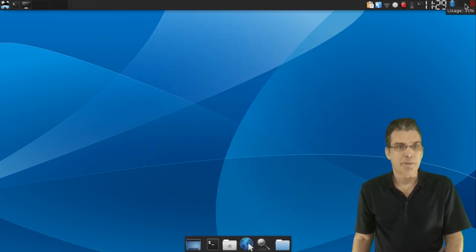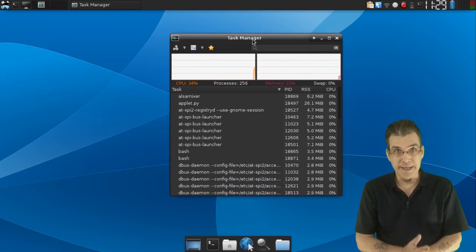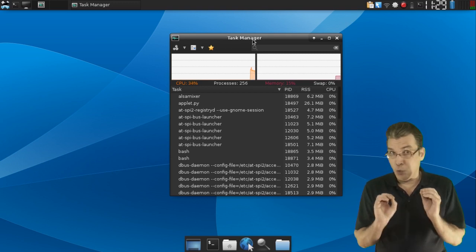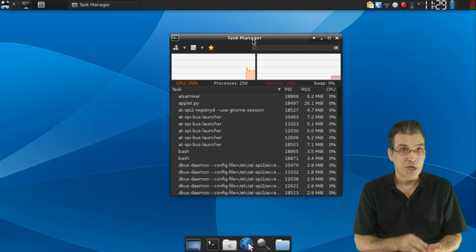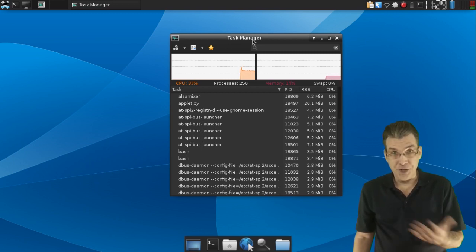Also, the task manager has been reworked. It has a larger display now, and it supports GTK3 theming. And while I'm talking about GTK3, the system isn't 100% GTK3 yet. But according to what I've gleaned from the documentation on the Xfce website, they are suggesting to people who are making Xfce themes to eventually start writing out your themes in CSS, because I'm guessing that eventually it will go 100% GTK3,